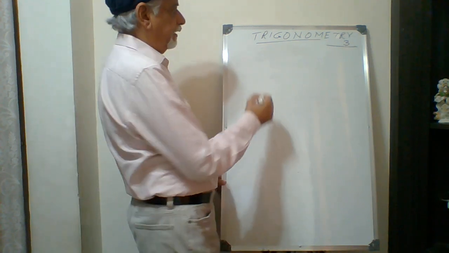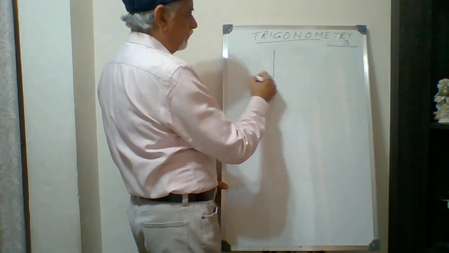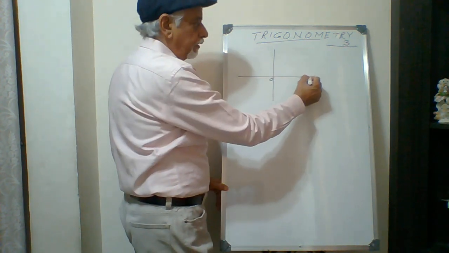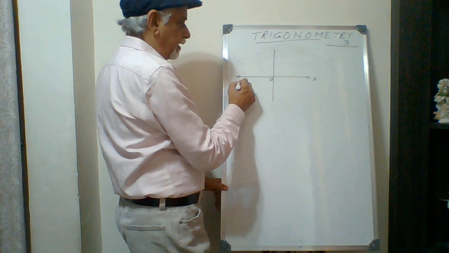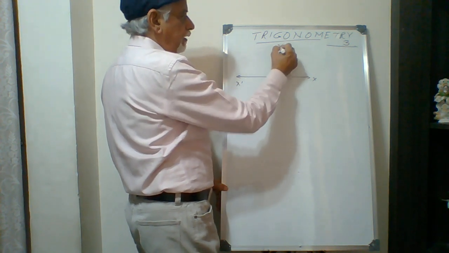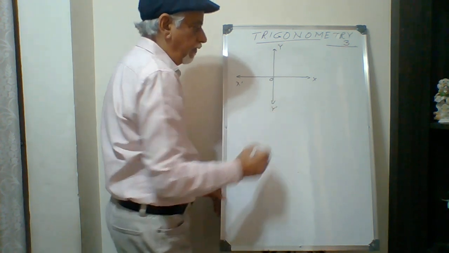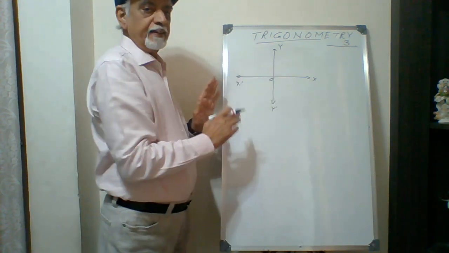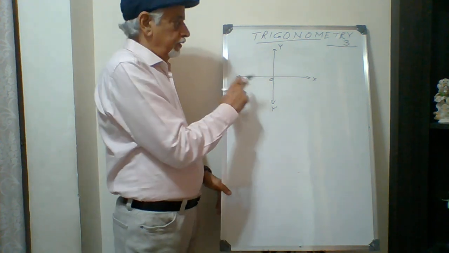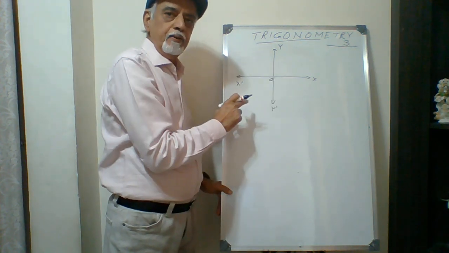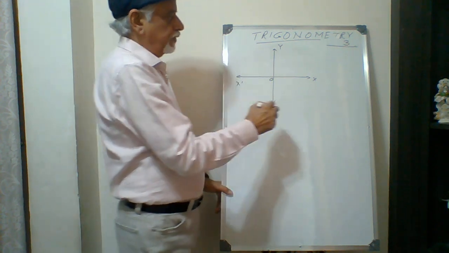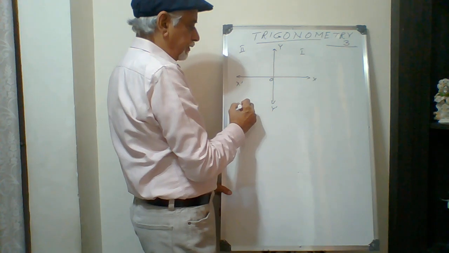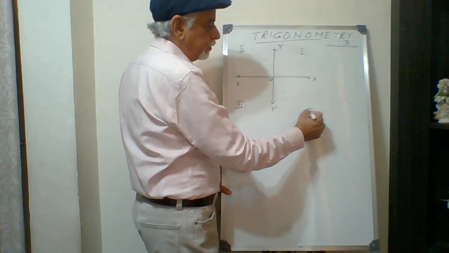When you are drawing a graph, two axes meet at the origin. This is called the x-axis and this is called the x bar. This is called y and this is called the y bar. These are the main two axes, x-axis and y-axis, primarily dividing the whole piece of paper into 4 quadrants. What are these quadrants? This is number 1, this is number 2, this we call number 3 and this we call number 4.